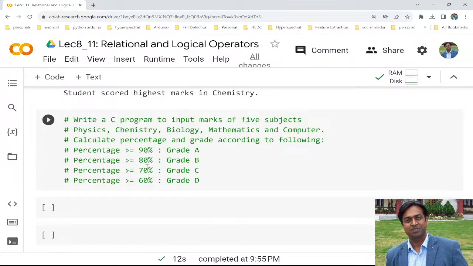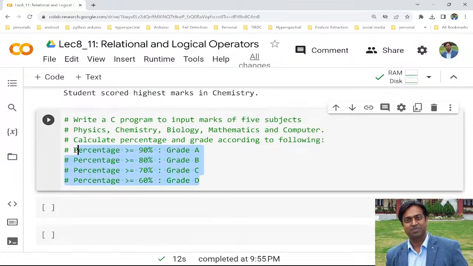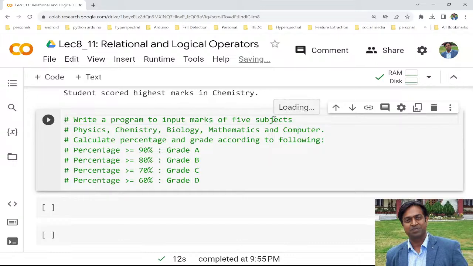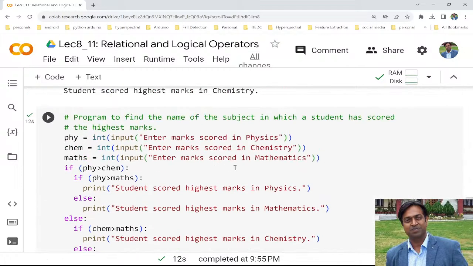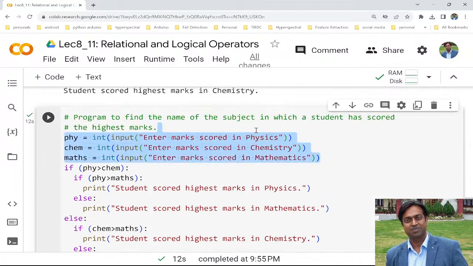Let's do one more example. Here we need to write a program, not a C program, to input marks of 5 subjects, and calculate the percentage and grade according to the following. If the percentage is greater than 90, then the grade is A, greater than 80, grade is B, greater than 70, grade is C, greater than 60, then the grade is D. So first of all we need to take input of 5 subjects. So let me copy this thing